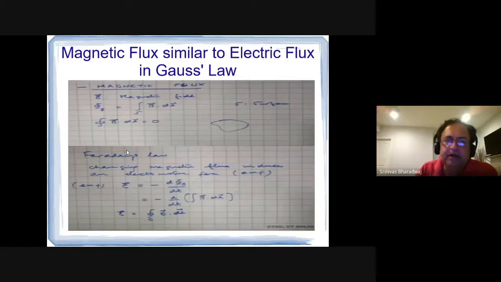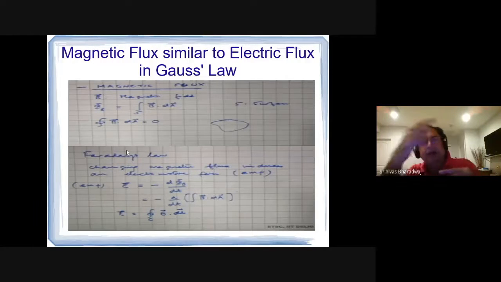Faraday's law states that the induced electromotive force, which is due to the magnetic field, is proportional to the rate of change of flux, d phi by dt. Flux is magnetic flux. Magnetic flux is the closed integral of B dot dA. So if you have a field in this direction and an area like this, the direction of A is this way.